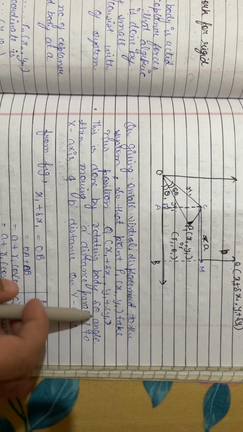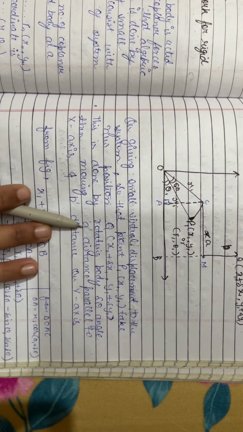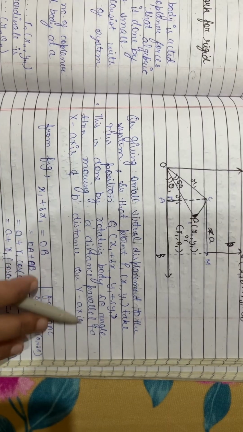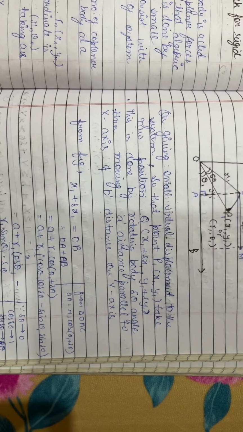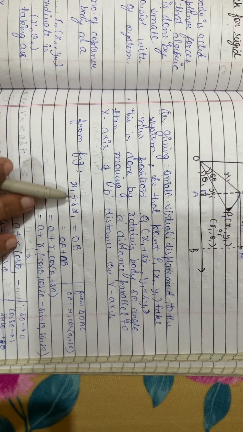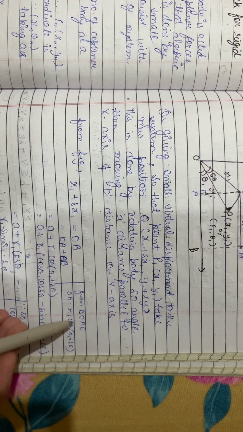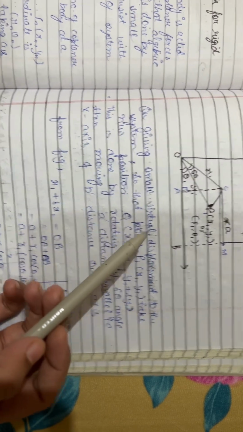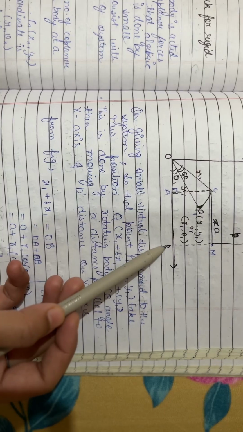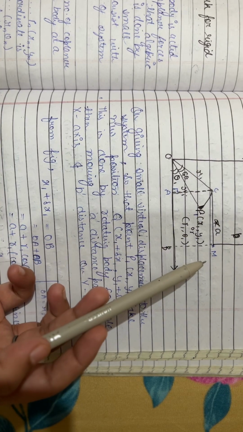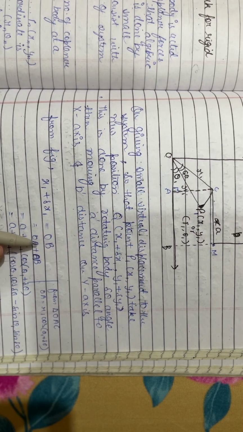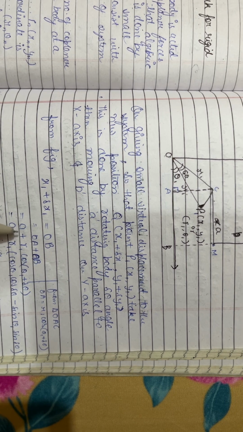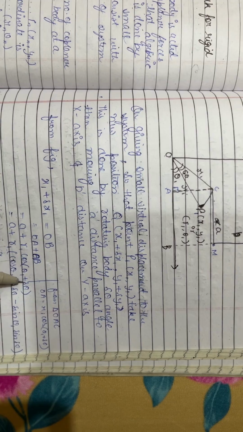This is done by rotating the body by angle del theta, then making a distance parallel to the x axis and B distance on the y axis. From the figure, del x1 is equal to OB from the triangle OBC. From the triangle OAC, we will find the value of OB, which is OA plus AB. Substituting the values, A plus R1 cos of theta 1 plus del theta 1.